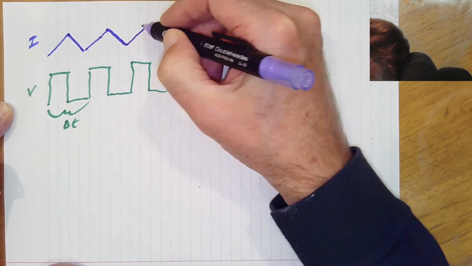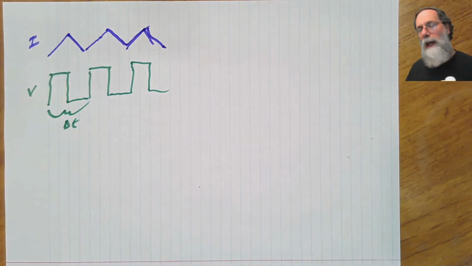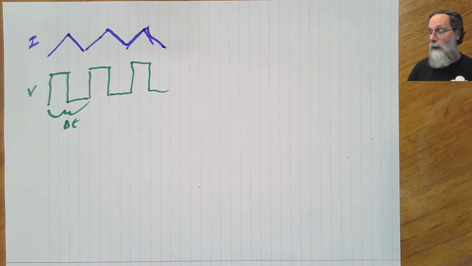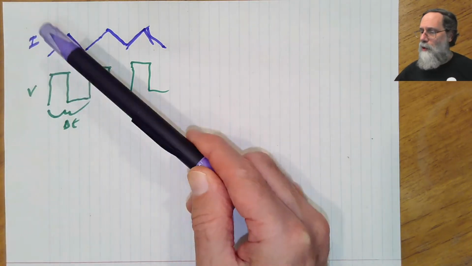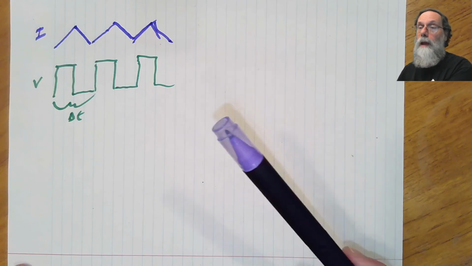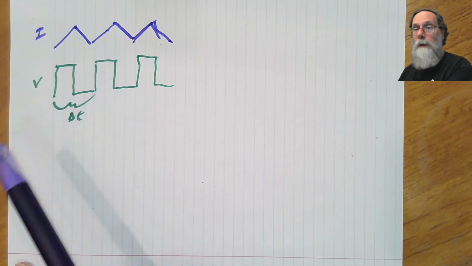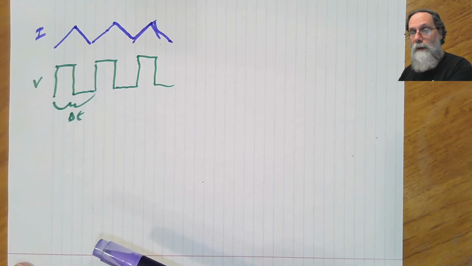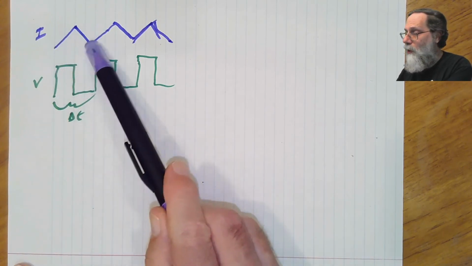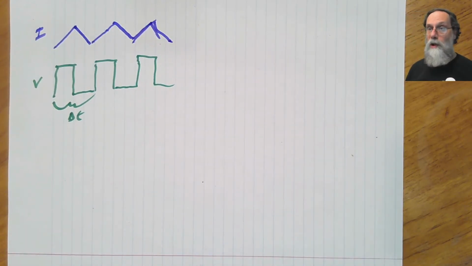And the current will have a sort of a triangle wave look. But if we've got a very large inductor, the slope of this is small. And that means the current doesn't change very much in the short time here. So if our PWM frequency is high enough, then what we end up with is the current just has a little ripple in it, not huge changes in current.